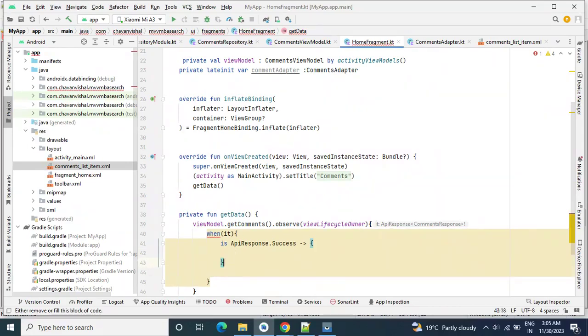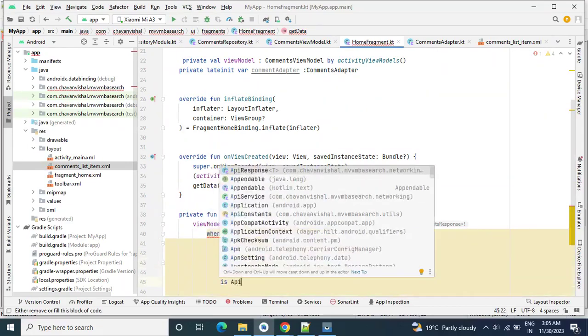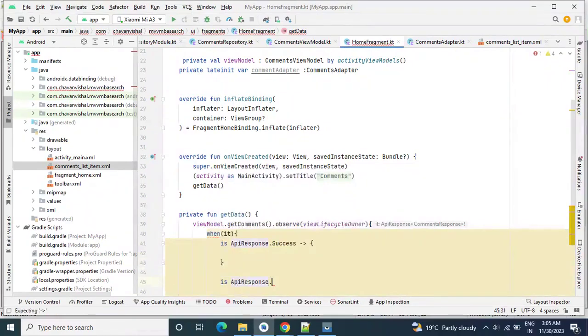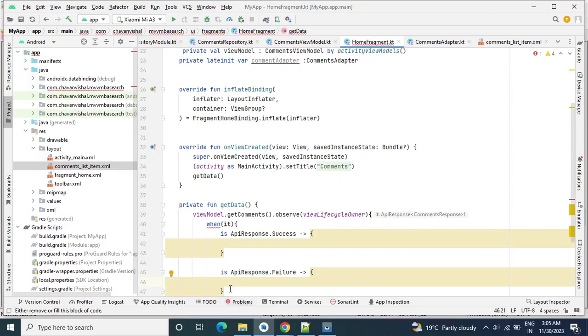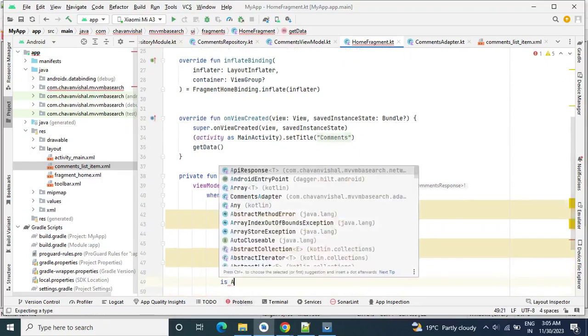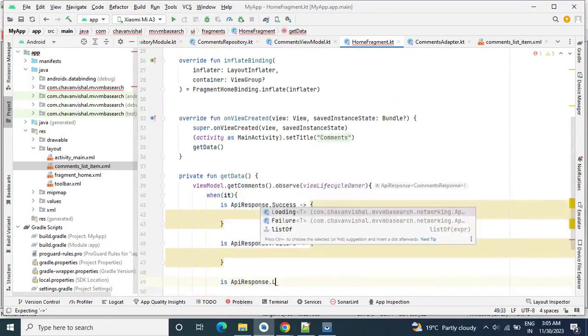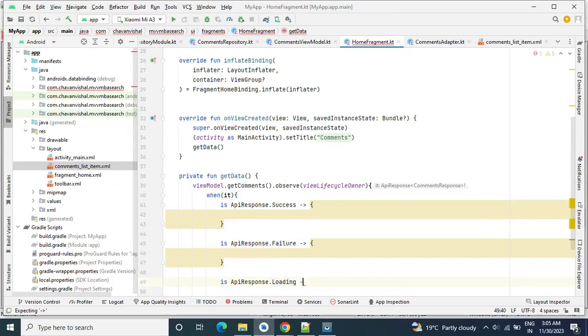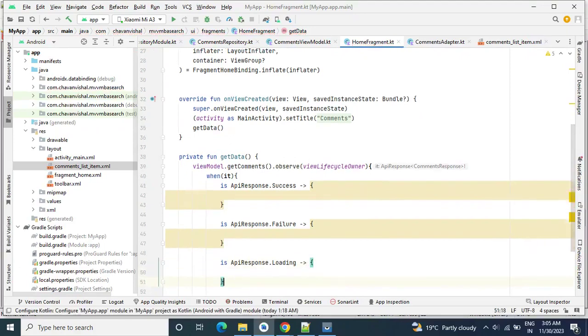Second, if API response is of type failure, we will handle this in this block. And third is API response.loading. So we'll handle it here, and then we will write the else case.